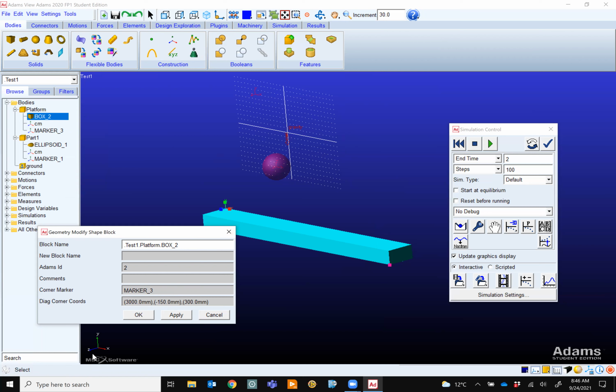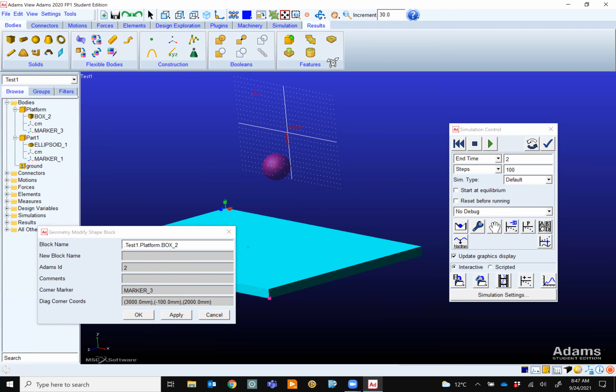3,000. So always look at this corner. You see that corner? Yeah. X. You say that from that corner, I want these things to be 3,000, right? And then you say from that corner, I want in the Y direction it to be -150. So Y is going up, so -150 means it's coming down, but you can make it positive, it's up to you, right? That's my platform. And then you say in the Z direction, I want it to be maybe 2,000. Apply. Right. So you have that now.